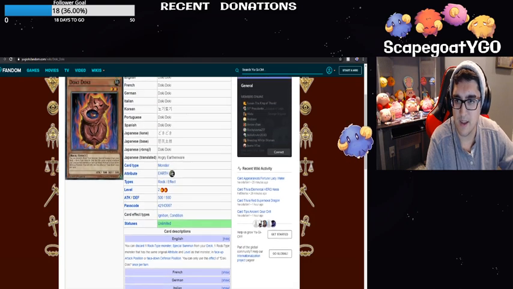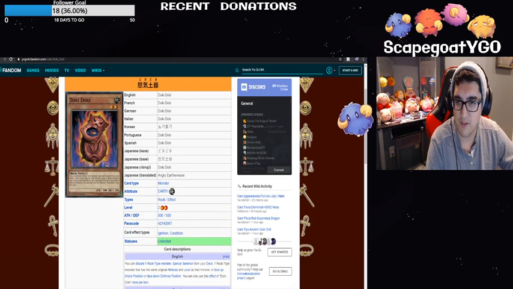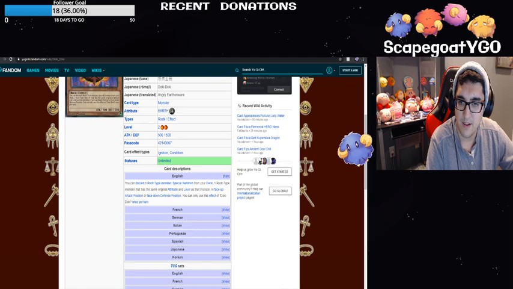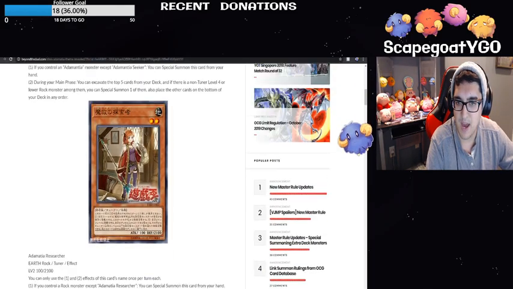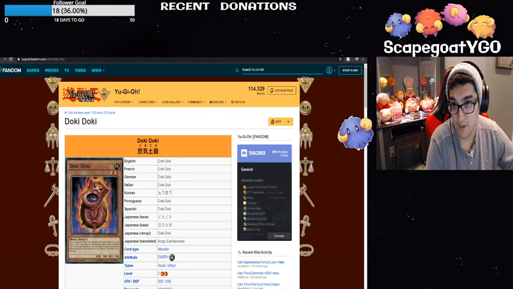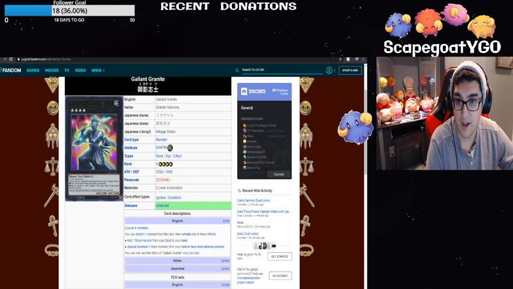Then you can make a synchro level 4 or an overlay of 2 with exceed. You can do a lot of different things. And depending on the Adamatia mills, you can do some more stuff. So that's also a very interesting card. Then they have the rank 4